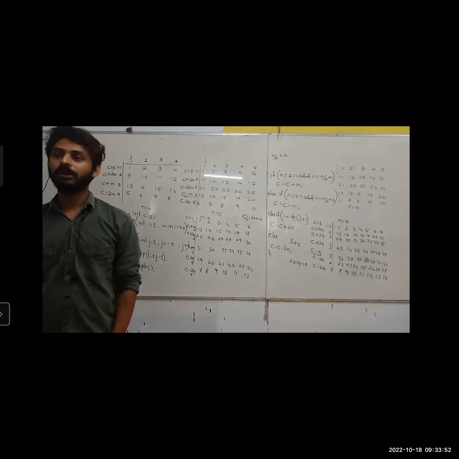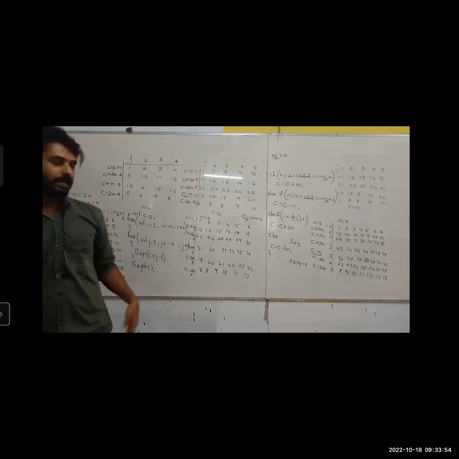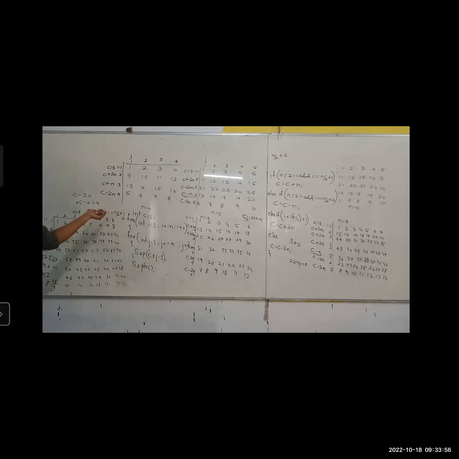For n value as 9, check all the conditions and generate the pattern. Okay, don't write the pattern by yourself. According to the condition, what I have done here, did I write it by myself? I could have written it directly. I know what I will get. But what I have done,